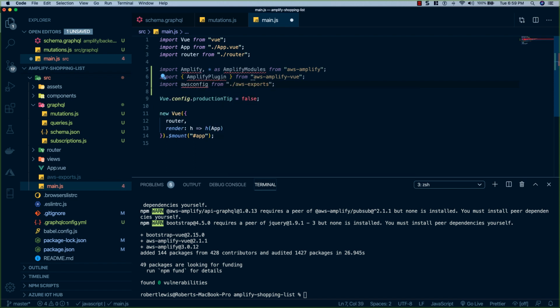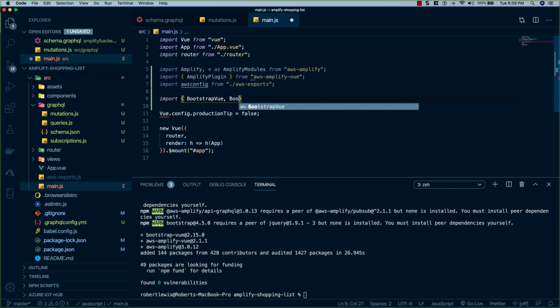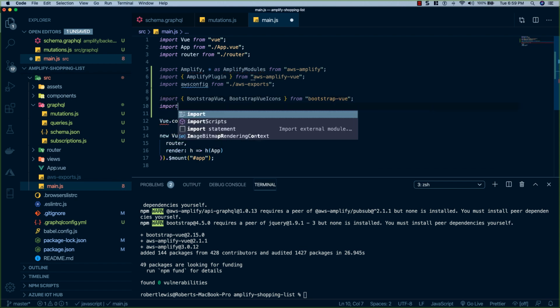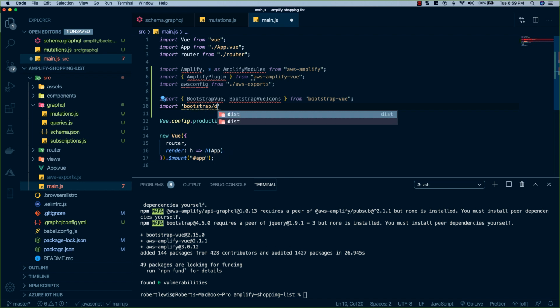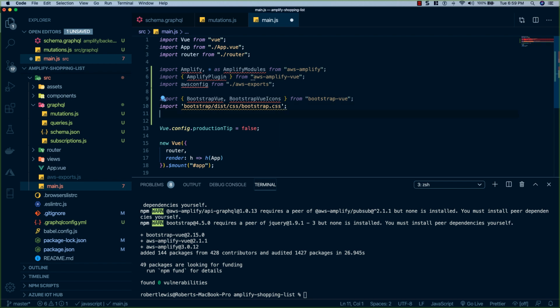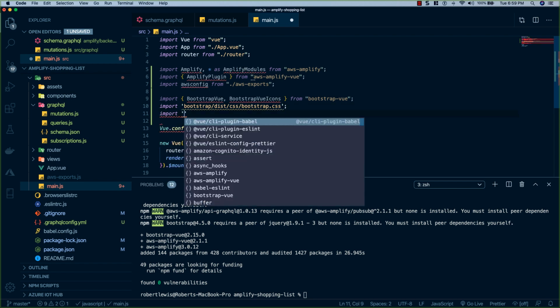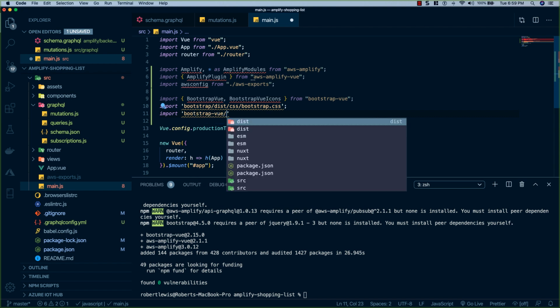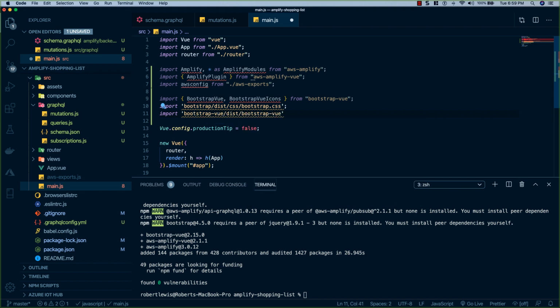AWS exports. The next thing we're going to do is set up Bootstrap. So we'll say import BootstrapVue, BootstrapVueIcons from BootstrapVue. And then we'll import bootstrap/dist/css/bootstrap.css. And then we'll also import bootstrap-vue/dist/bootstrap-vue.css. Below this, we will configure Amplify by saying